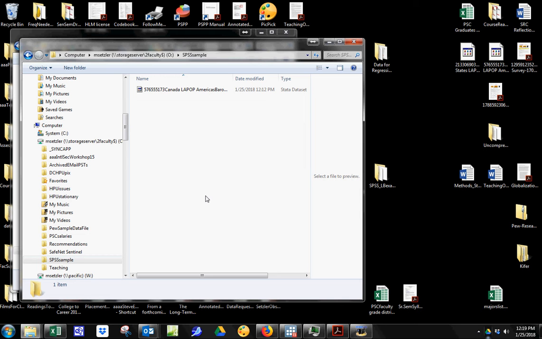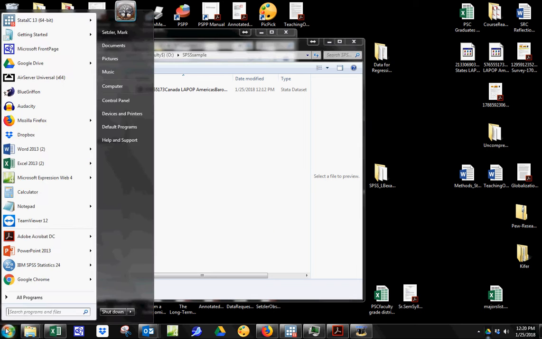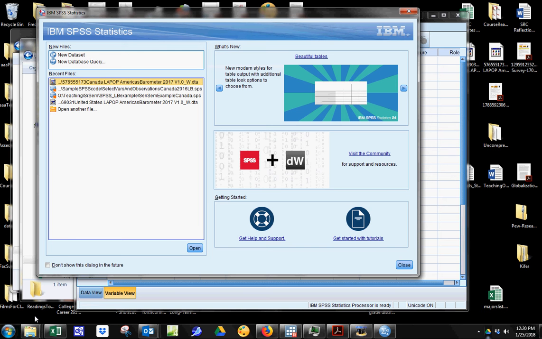What we're going to do is open the Stata data file and save it as SPSS. The reason I'm breaking this out is that many of you will download your original data in SPSS and you'll just be able to skip this step, so I want to break it out separately. I need to open SPSS up, and mine worked very quickly only because I hit the pause button. And what I'm going to want to do is open up another file,